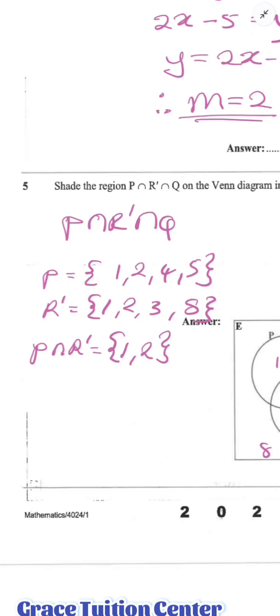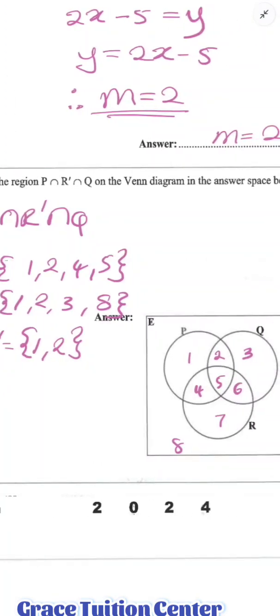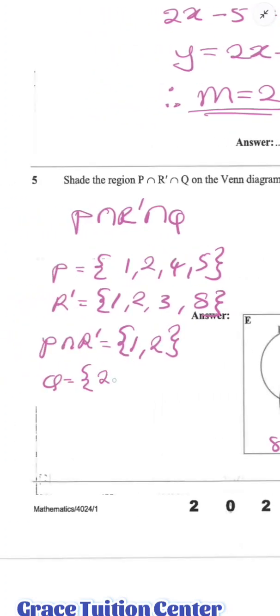So for us to know our final answer, it is important that we write down the value of the elements of Q. So Q, let's go ahead and check our set. What numbers are in Q? We have 2, 3, 5, and 6. So I'll come here and write 2, 3, 5, 6. Close that. Is that okay? So once I do this, now to finalize my